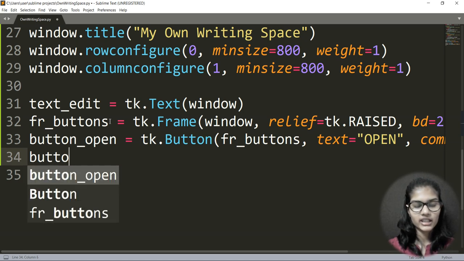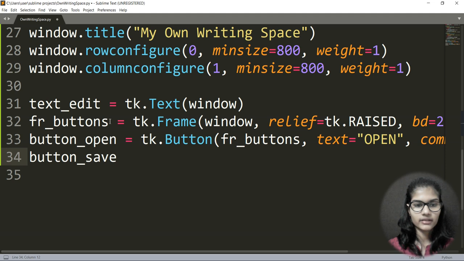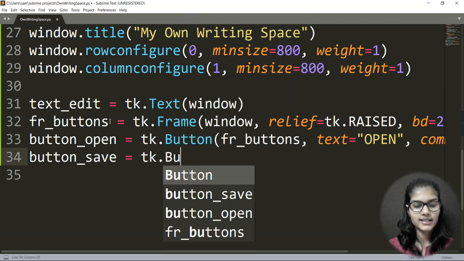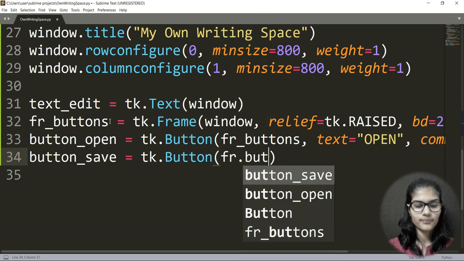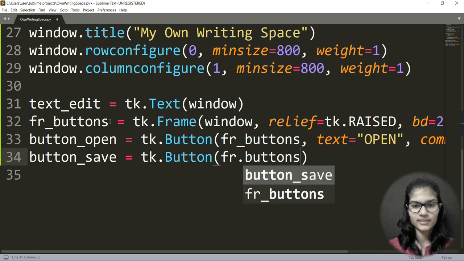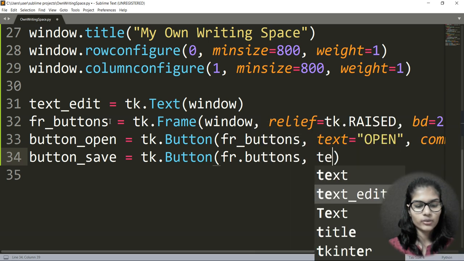Now next I would make the button for my save. button_save is equal to tk.Button, and in the bracket I am going to write fr_buttons.